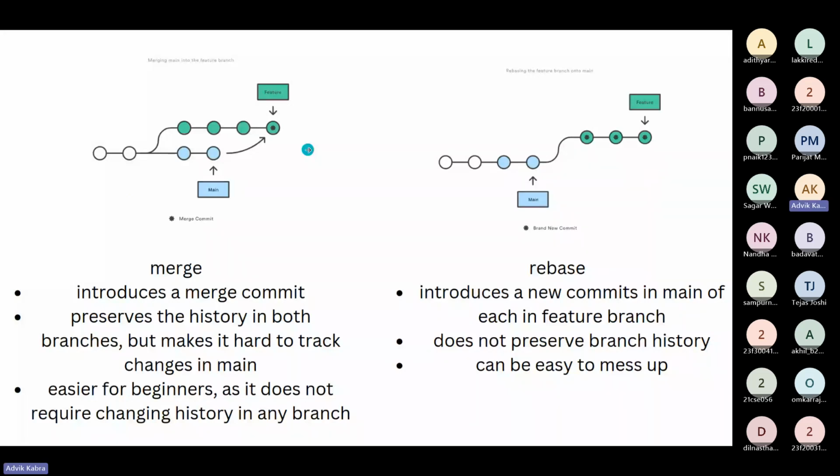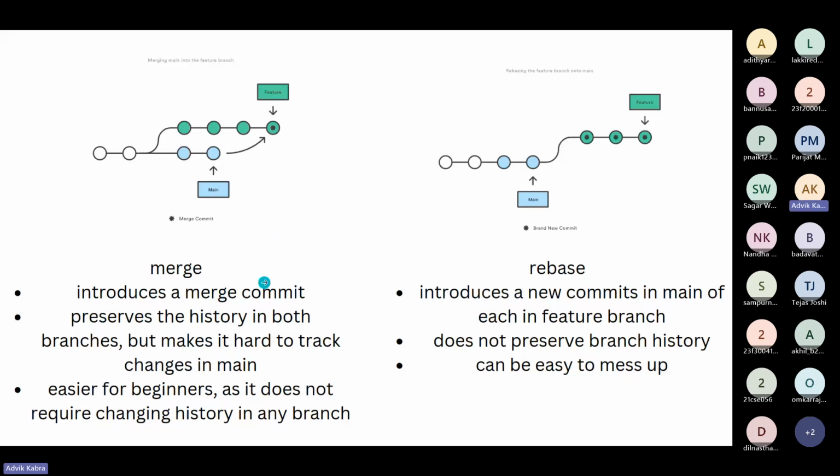Tracking the history. From here, you want to know what changes, right? You want to know what commits led you to this point in the code base. So first you'll have to check these three, and then you'll reach here, and then you'll have to check these two, and then like that, right? So with a lot of merges, it'll get quite complicated because there'll be so many branches. You'll have to keep branching up, checking which code is where, who committed what code. So it makes the